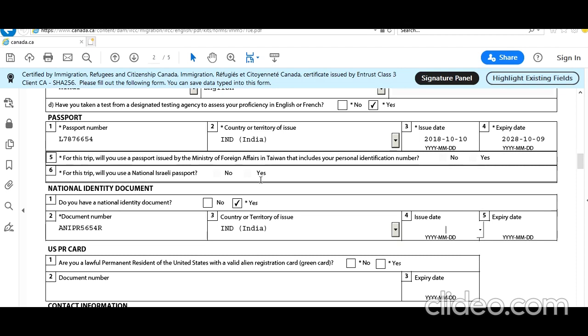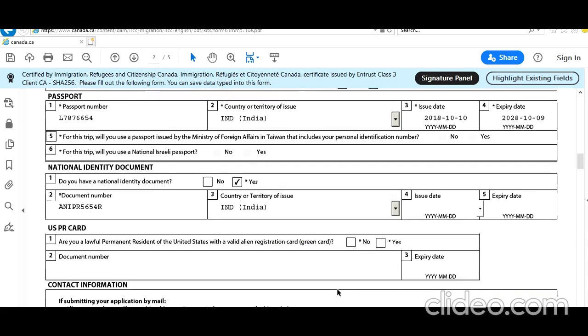Based on your country you get documents like, in India, Aadhaar card, voter ID, or in some other countries too. What I did, I used my PAN card and then I explained it in my explanation letter and it was easily accepted. Do you hold a green card? No.